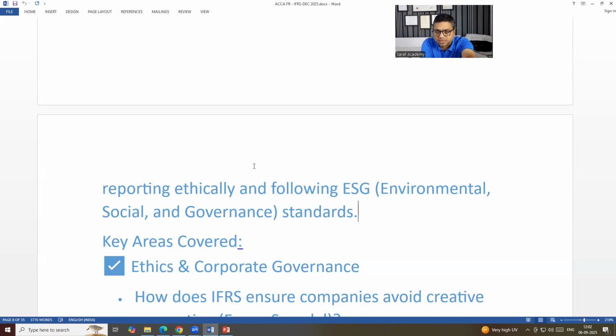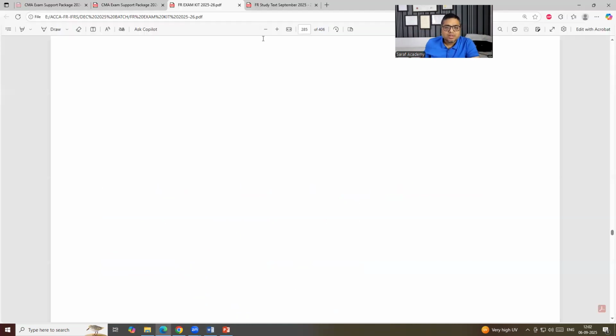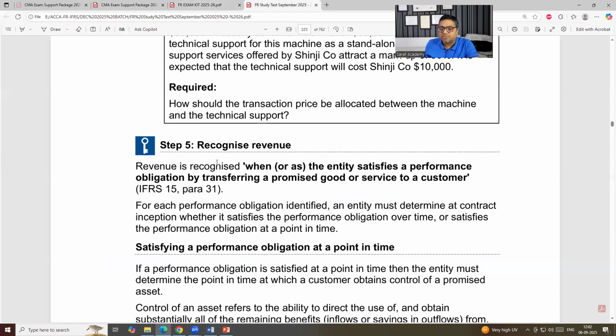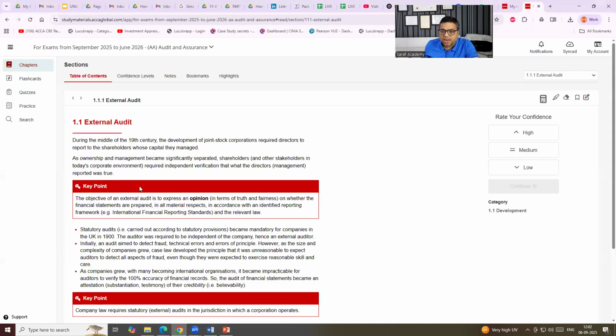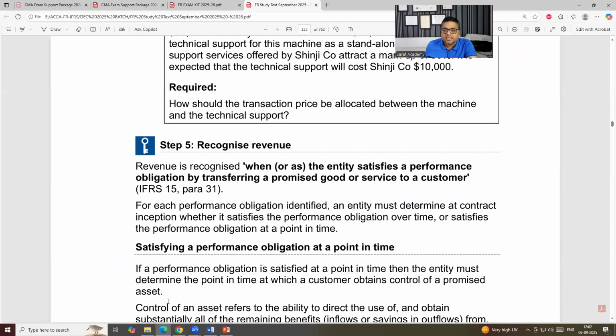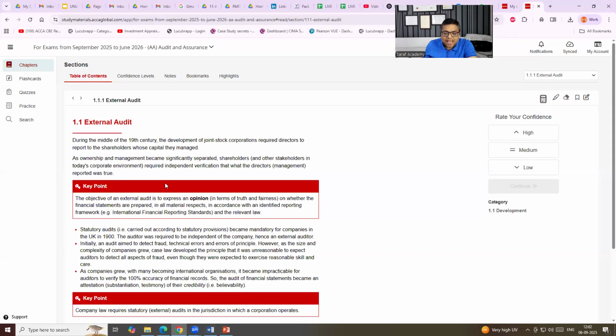My advice, you refer to this and you refer to the Kaplan exam kit for solving questions. And if you find any confusion, refer to this. I am not discouraging you from referring to this. You can refer, it's your choice, but not that once you are doing the class, you are referring to this, you are referring to this, and then at the time of exam, you are referring to this. Not allowed. If you want to refer to any material, you need to start referring with the classes. Not that just at the time of exam, 2 days before, you open this and solve questions from here. Normally, the students don't hear this and they destroy themselves.